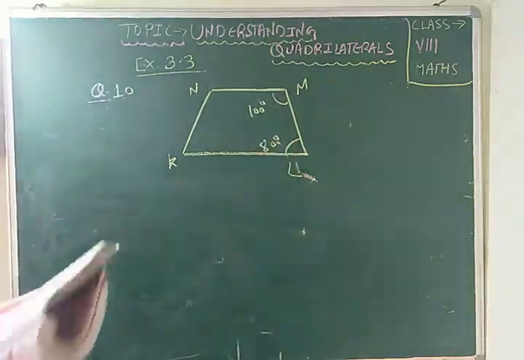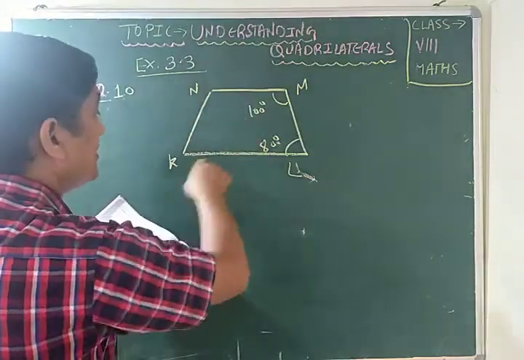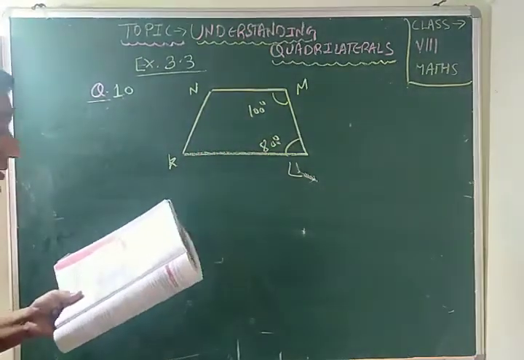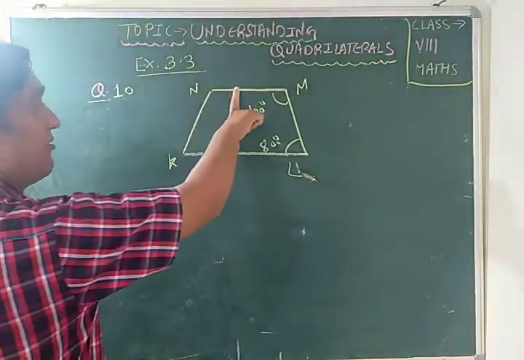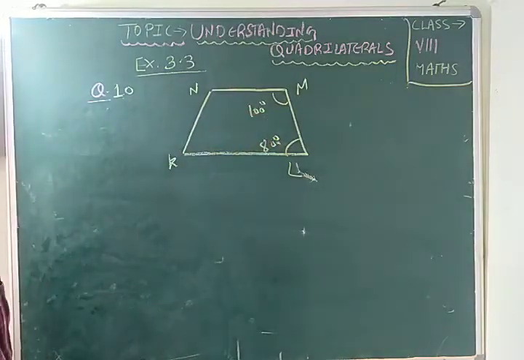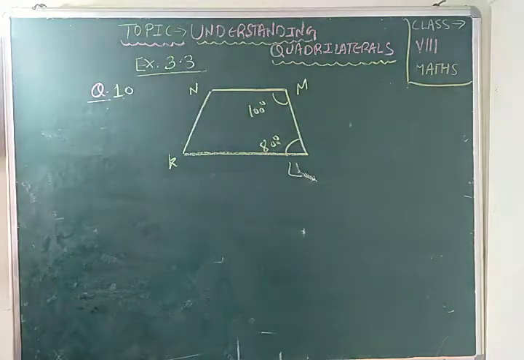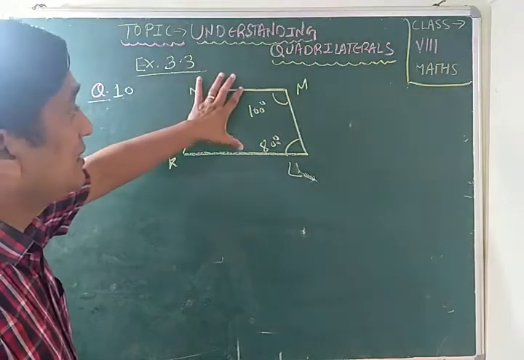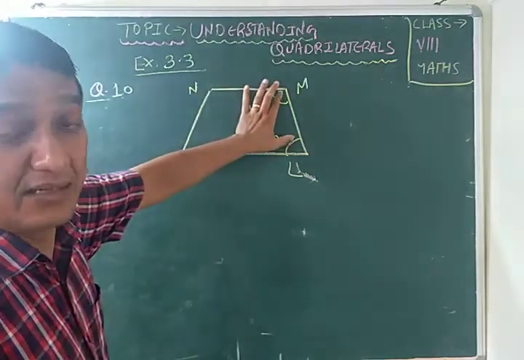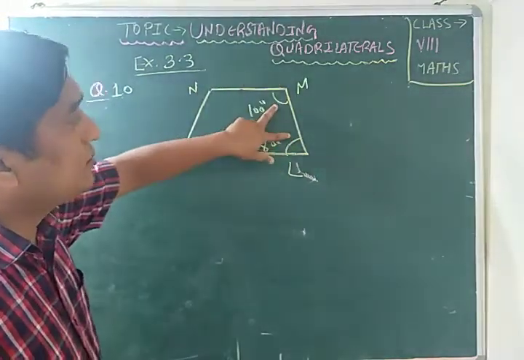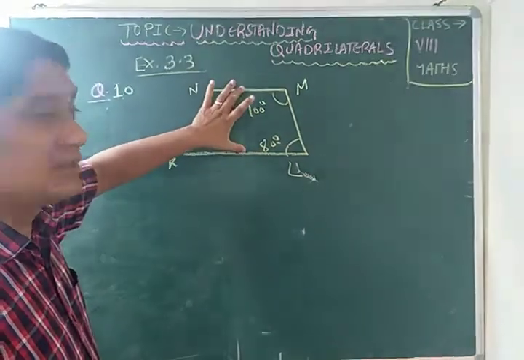Now children, we have to tell how this figure KLMN is a trapezium. So children, we know that in a trapezium, one pair of opposite sides must be parallel, either this pair or this pair. Now here we have to make these two parallel because these two adjacent angles were given. We will now add these two angles. If the sum is 180 degrees, then we will say that these two sides are parallel,